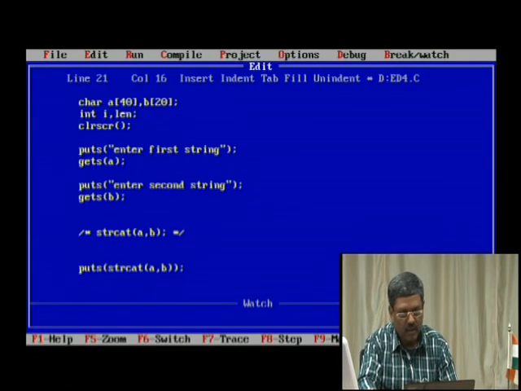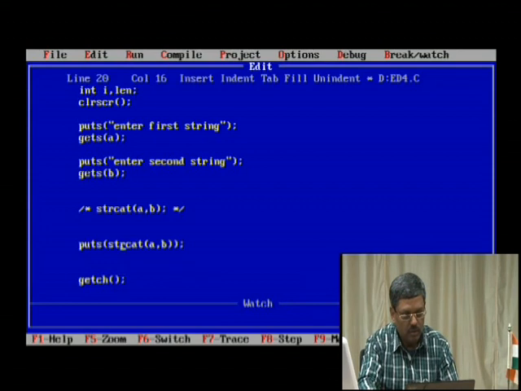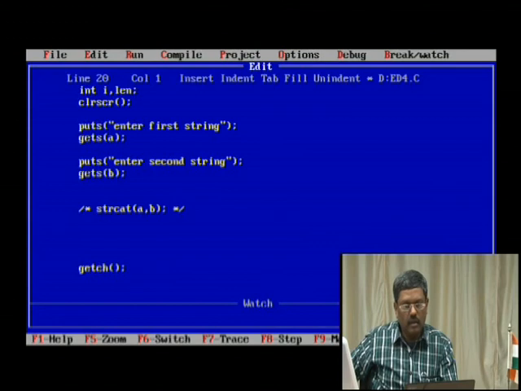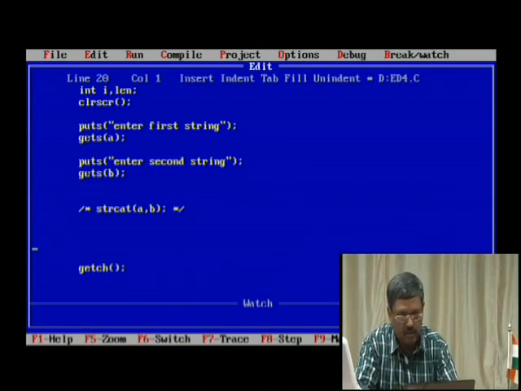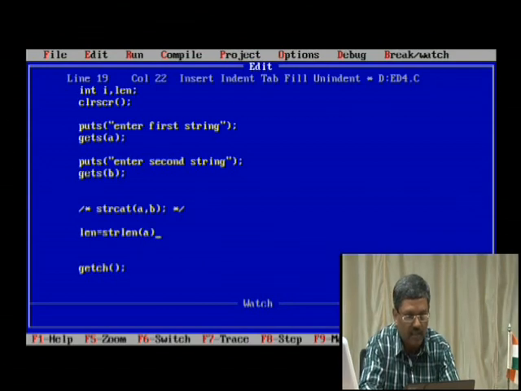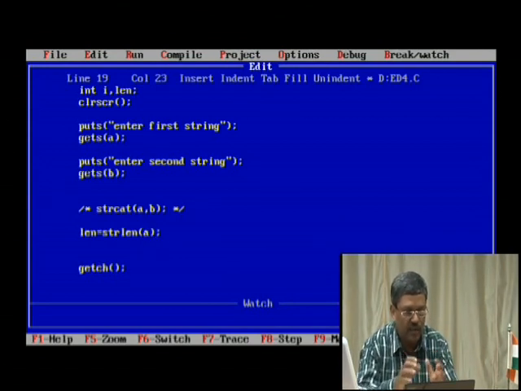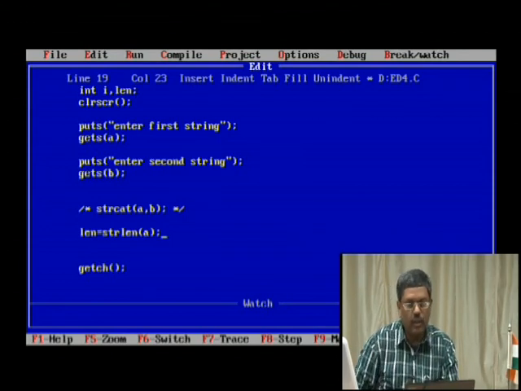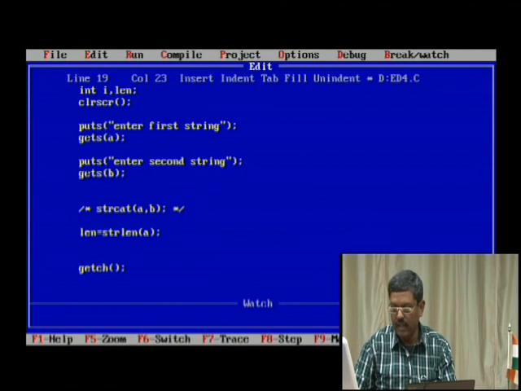So now, this I do not want anyway. We are writing a program, meaning concatenation without using a string function, correct? So we have to calculate the length. How do you calculate the length? We have a function called string length. And what is the parameter or the syntax? The syntax is pass A, because A is the original string, I mean the first string to which we are going to add B. So first find out the string length of A and then store it in a variable.